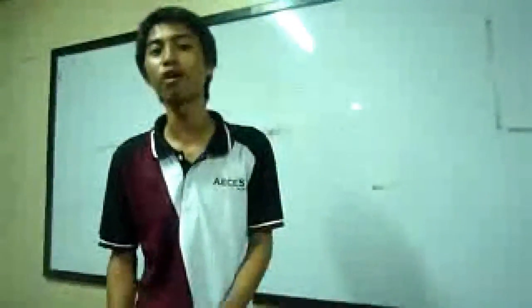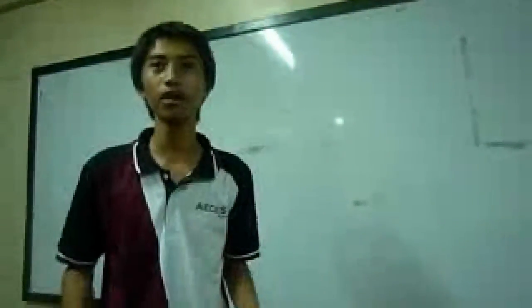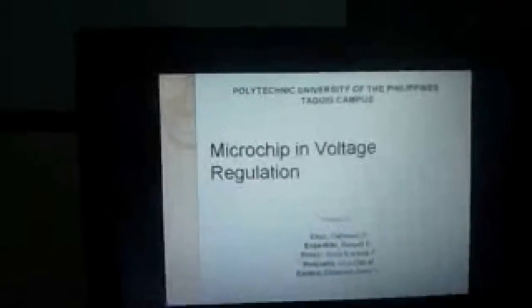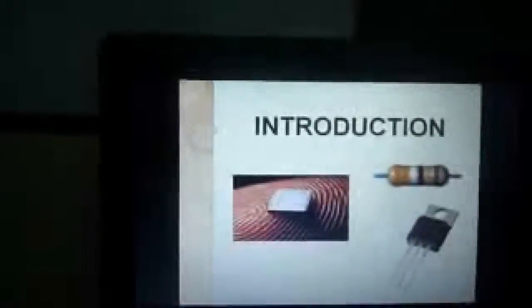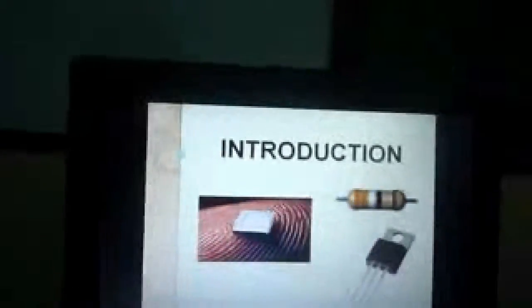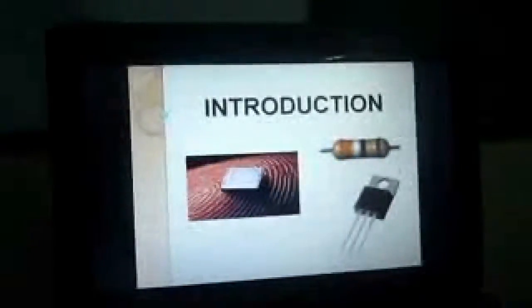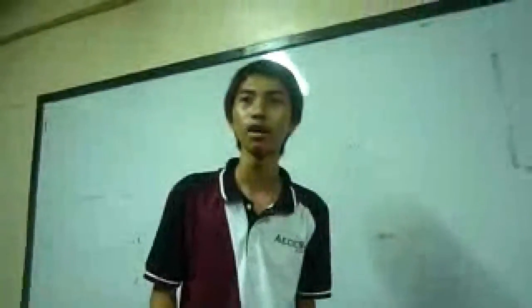Our study is about microchip in voltage regulation. What is a microchip? A microchip is a small electronic device that is printed on the surface of a small wafer of silicon that usually contains thousands of transistors, resistors, and other elements. It is a small semiconductor used to relay information